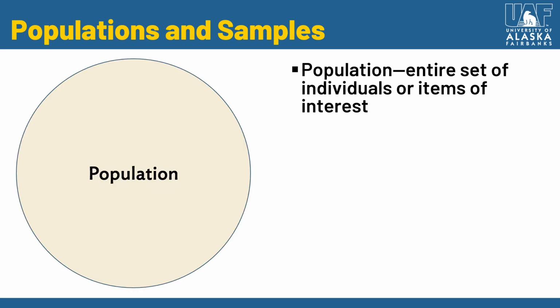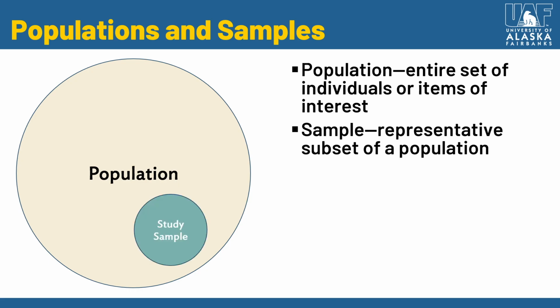Population is an entire set of individuals or items of interest, right? So it's all the possible sources of data, essentially, or all the possible subjects, or items of interest within whatever it is we're studying. So if we're studying grizzly bears, it would be all possible grizzly bears, right? And we need to define that. It could be we're interested in all bears in the state of Alaska or all bears in the world, right? This sample then is a representative subset of that